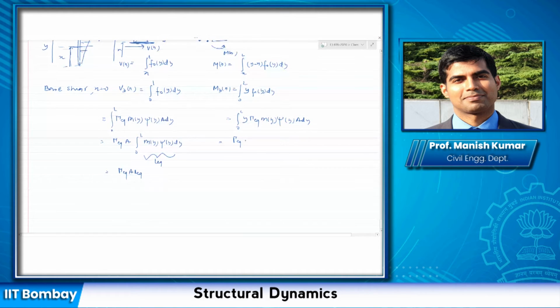Now it might look very complicated if you think of it in terms of equations, but remember, finally, this is just for the concept that I'm demonstrating here. Once you find the expression for the equivalent static force, shear force would be just the sum of all the equivalent static forces above this level, and the moment would be the moment of all the equivalent static forces above that level. That is all that you need to understand. The rest you can derive, not very difficult. None of the expressions are actually new expressions that you are seeing for the first time. Okay. Is this clear up to this point?